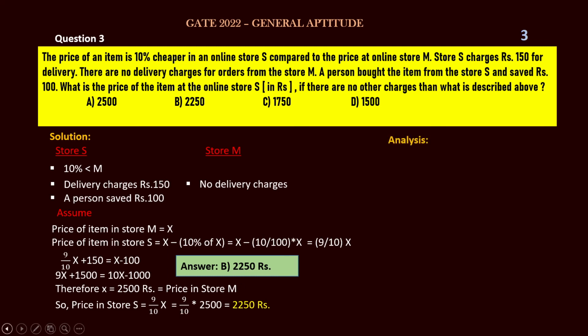From this question, what we can analyze: how much cheaper is the item in store S than store M? 10% cheaper. Here we already found the price in store M as 2500 rupees and in store S as 2250. When we subtract these two amounts, we get 250 rupees, the difference between the price of the items at online store M and online store S. Thus we can analyze. And the last question,